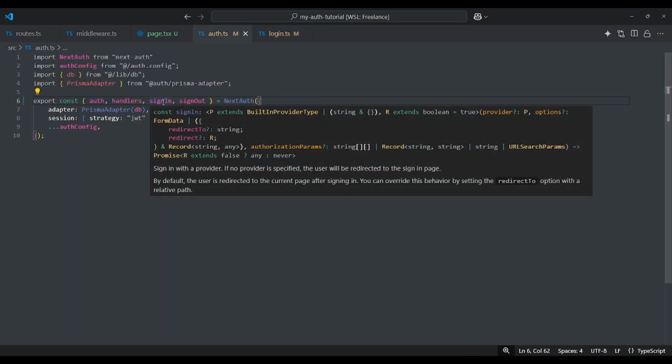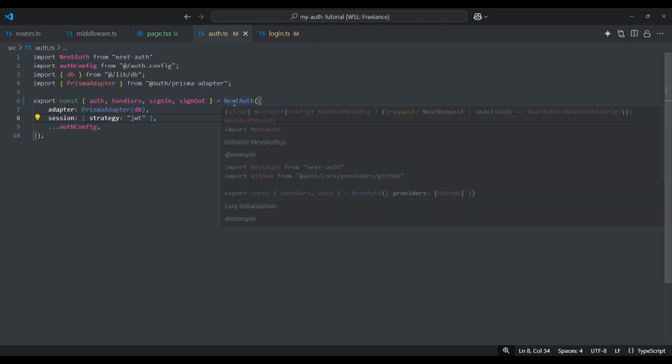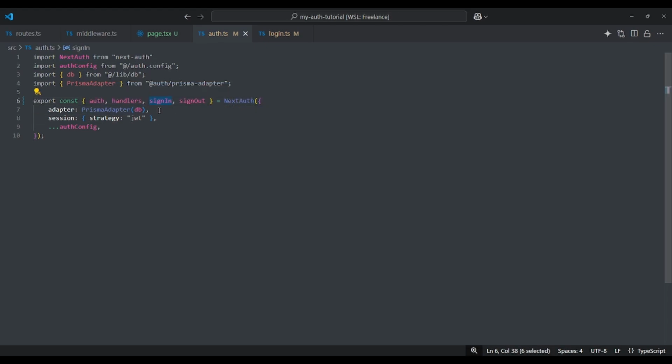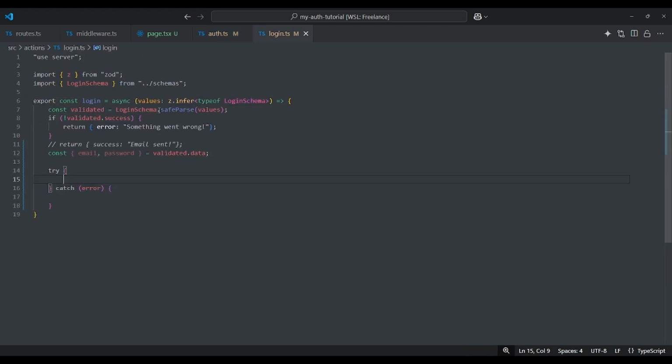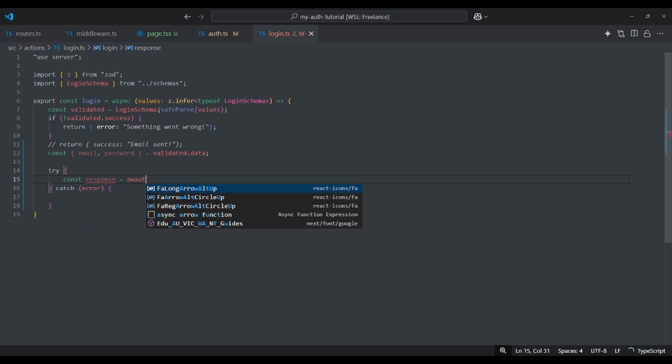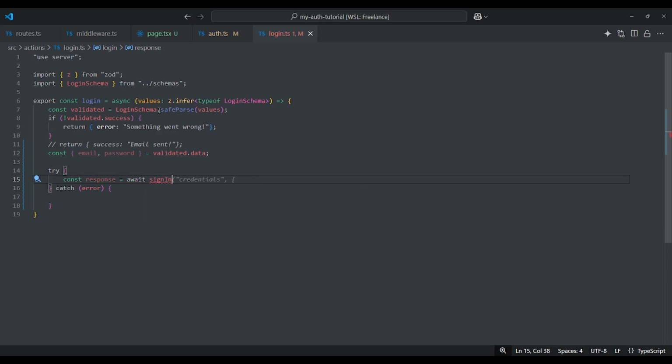Since we already extracted these functions from nextauth here, we can use this signIn in our login.ts. So let's do that. Response, await signIn, and signIn accepts two parameters, credentials and an object.